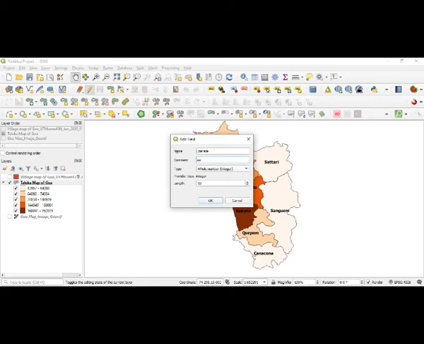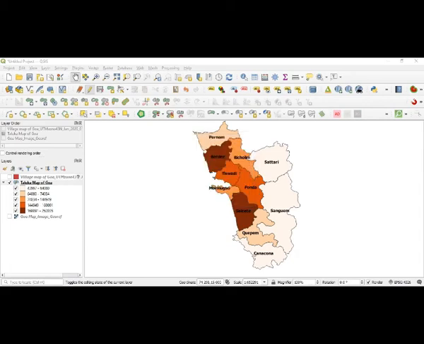Then the literate, you are going to give it as a number. It is not text, it is a number. And the length of that table column width, you can decide whether you want 10 pixel or 10 millimeter and all that. Right now the default is 10, and I will keep it as it is. Then when I click here, okay, now literate is added here.